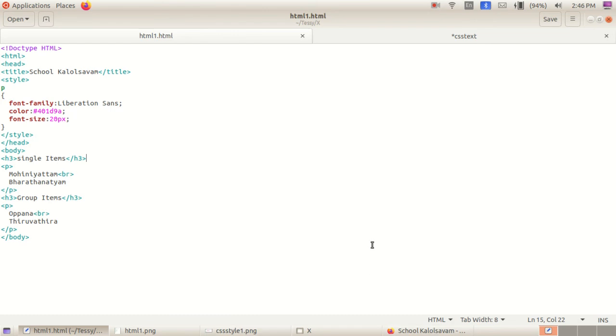If we need to change the values, all of you listen here. In your textbook it is given: change the font-family to Verdana. Let us see, we can do that. I will do it for you.